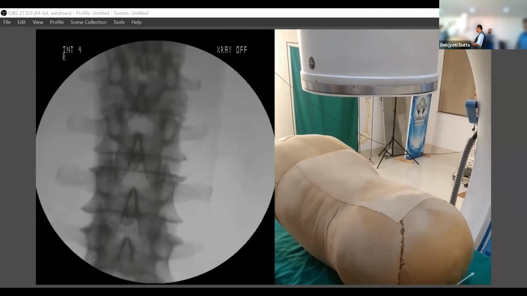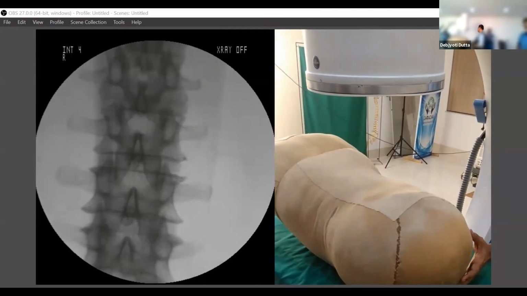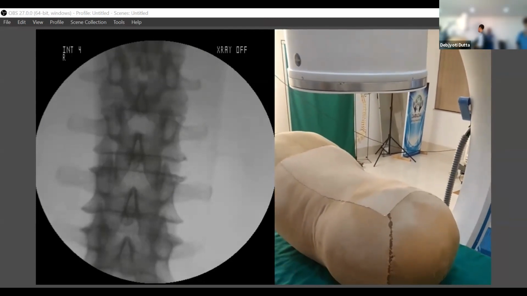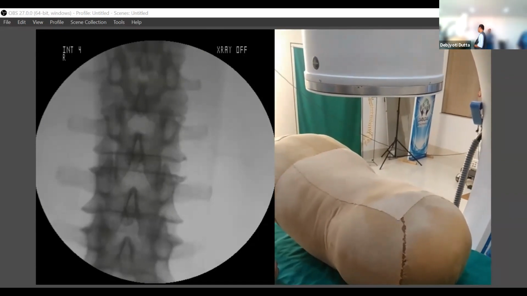Okay, so how to know that it is a true AP image? So the spinous process should be equidistant from the